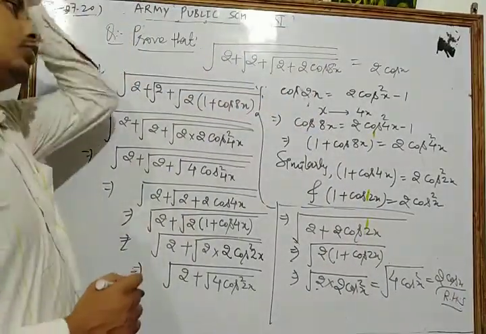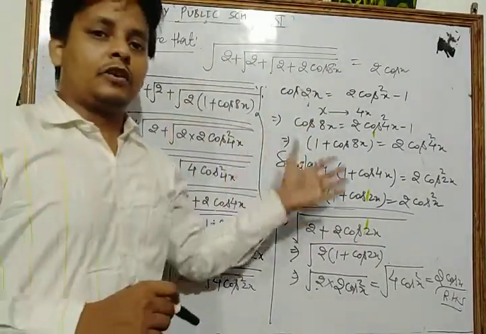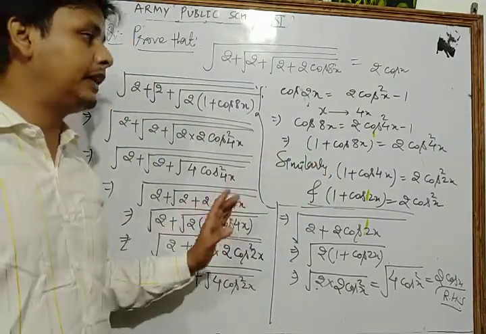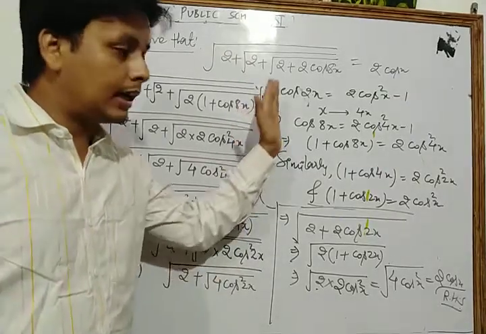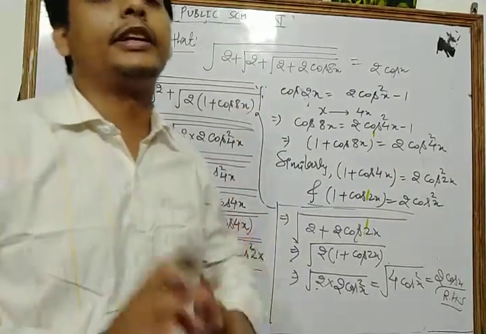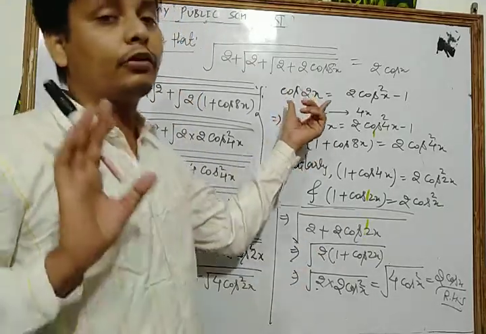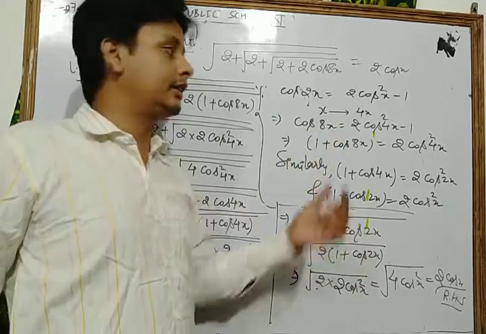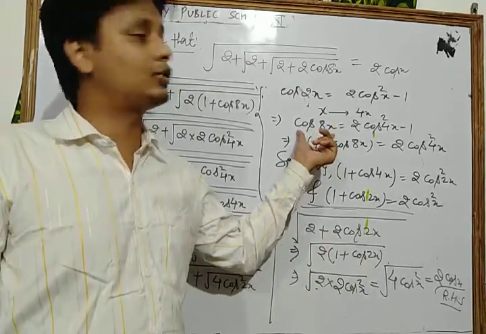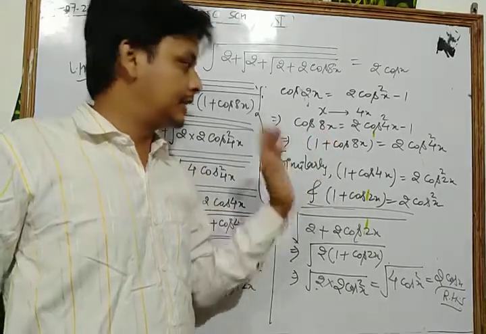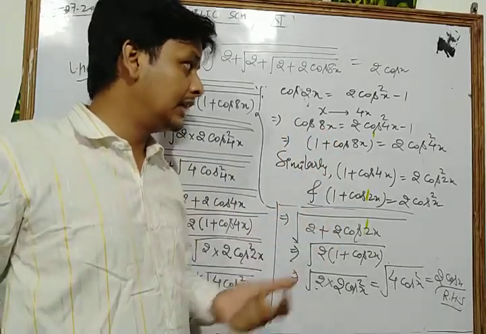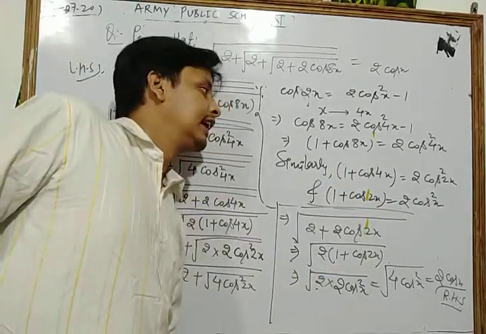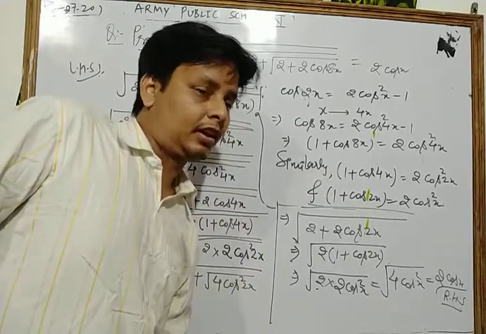Okay, so dear students, this is one of the most important questions of your NCERT exercise. Please use all the trigonometric identities very carefully. First of all we know the formula of cos 2x, that is 2 cos square x minus 1. If we replace x by 4x, then we get the formula for cos 8x as 2 cos square 4x minus 1. Similarly, if we replace x by 2x, we get the formula for 1 plus cos 4x as 2 cos square 2x, and 1 plus cos 2x, we know that very well.